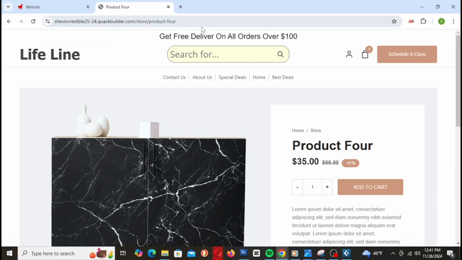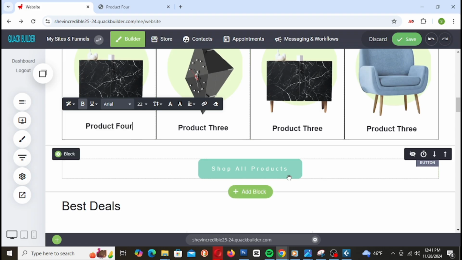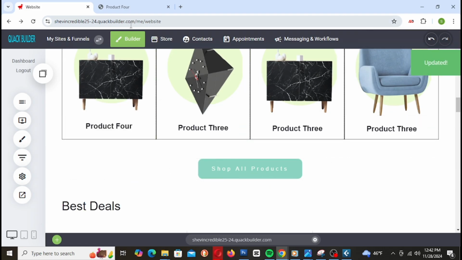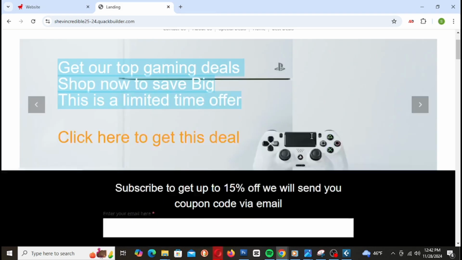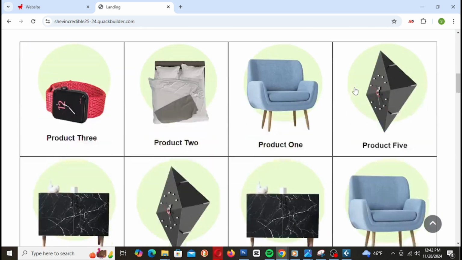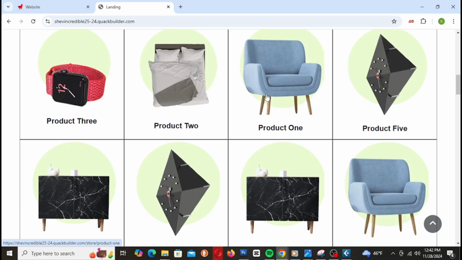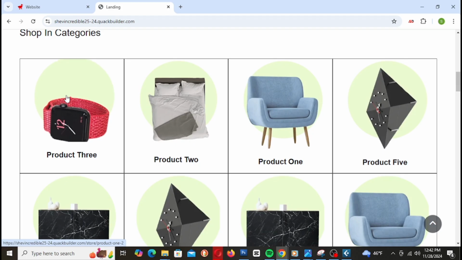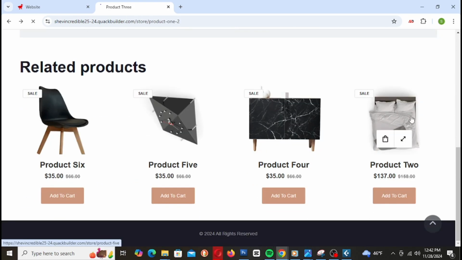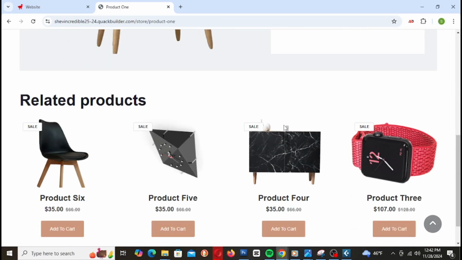All right. And for this is for, all right, so make it 4. All right. And the rest of the products should be added in, but we can't add them in because we don't have them listed yet. So this is the way it would look. So product 3, product 2, product 1, product 5, and product 4. Okay, so as you can see, that's the way we do it. Now, beautiful design,